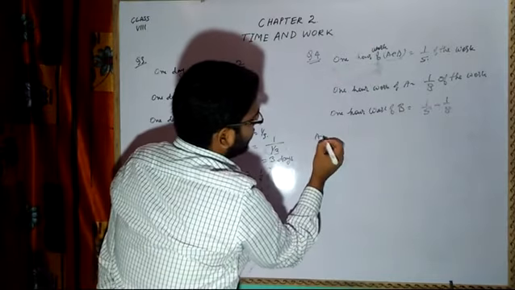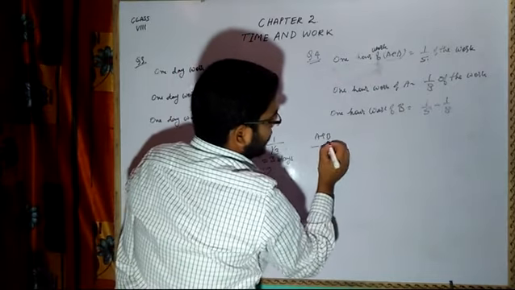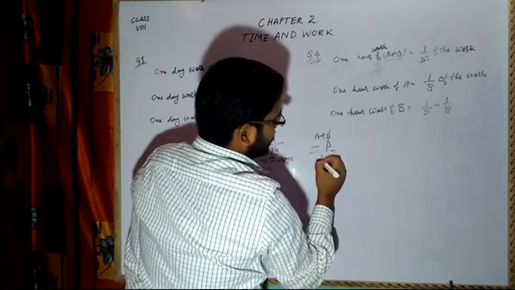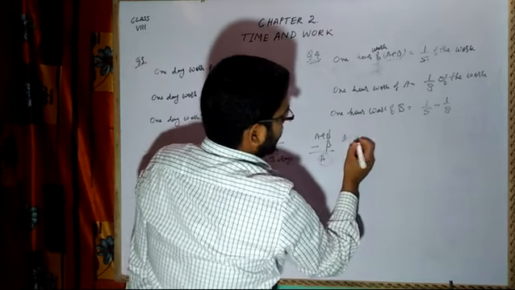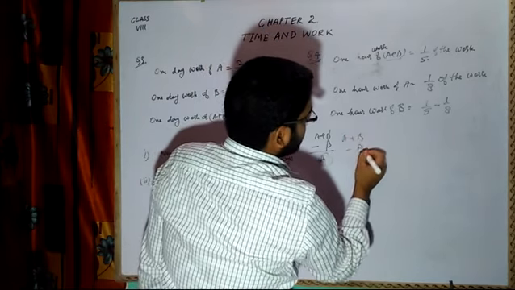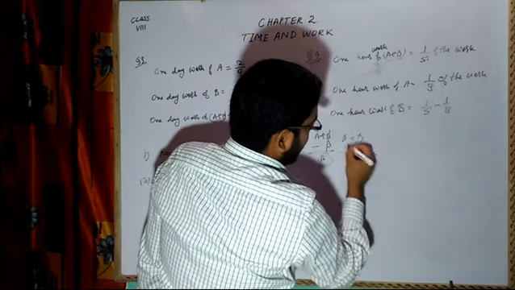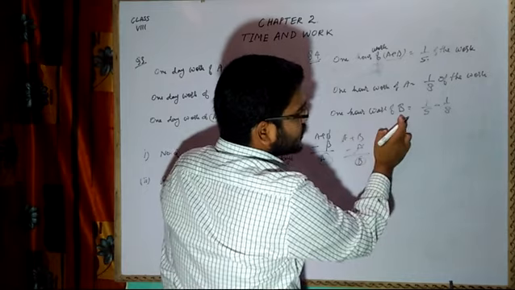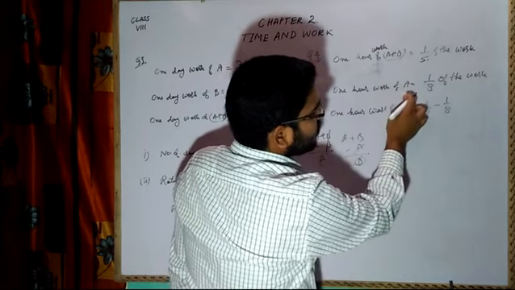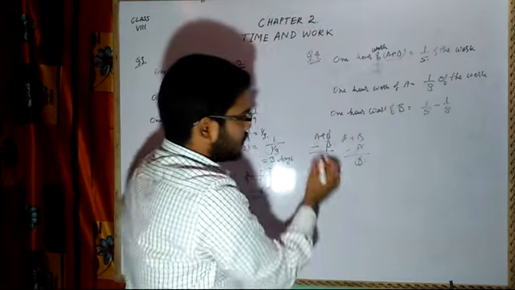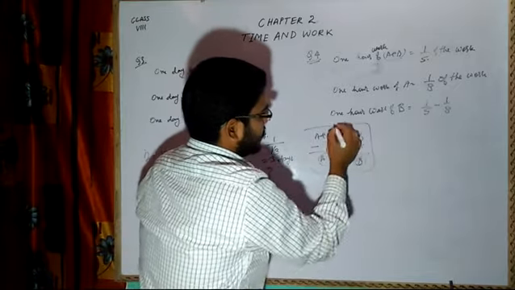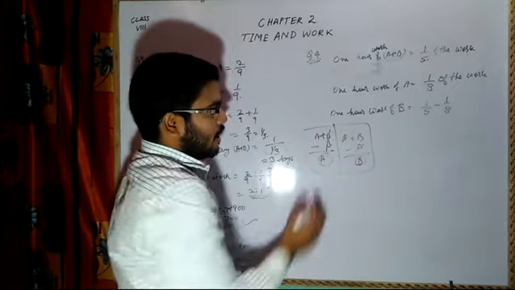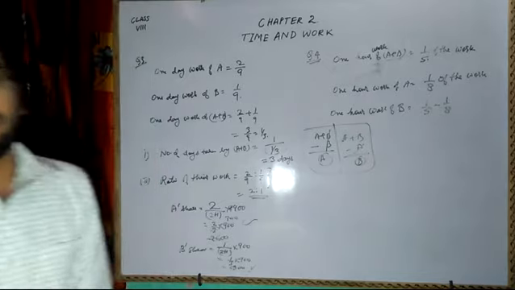All of you know this. A plus B is there, and if I subtract B from here, B is cancelled and I get A. And if I write A plus B minus A, then A is cancelled and I get B here. In the same way, 1 hour work of B is equal to A plus B minus A's work. So I will get B's work. Take this as an example: A plus B minus B is equal to this.